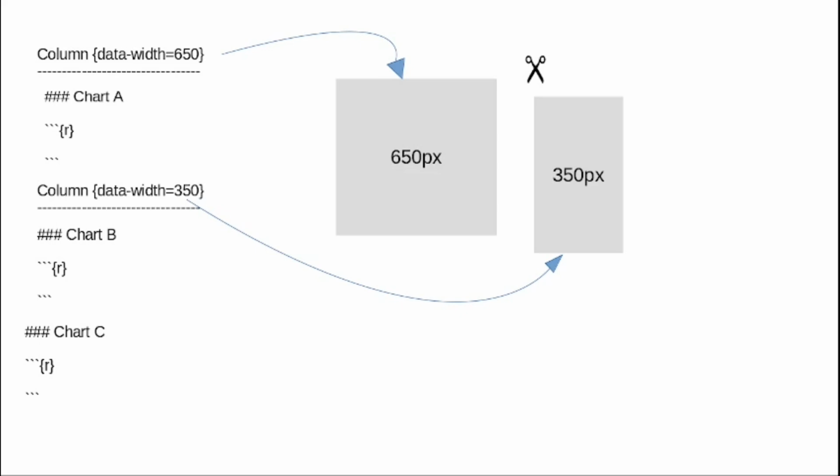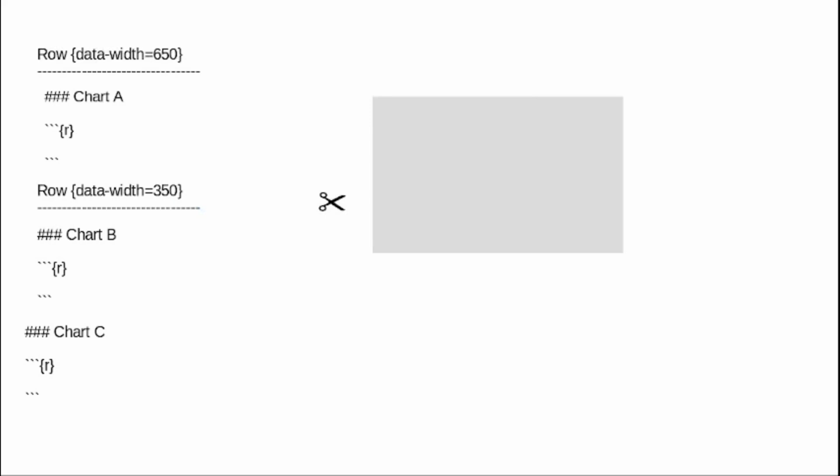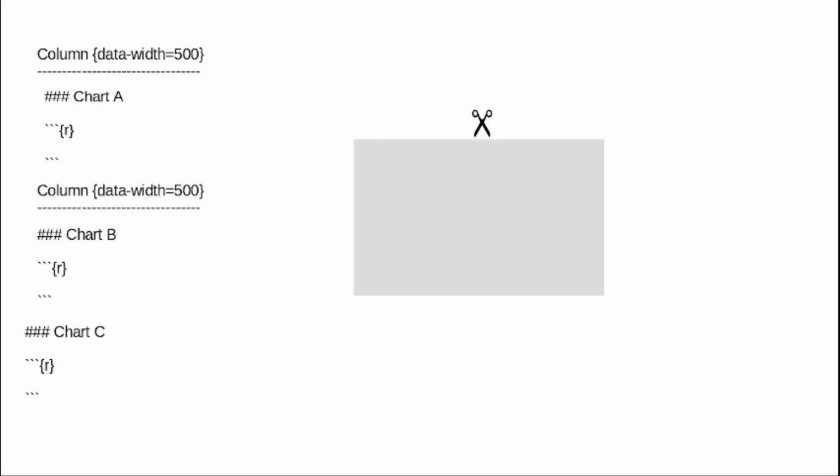Now you just make a diagram using any library, like ggplot2, or if you want an interactive graph, you can use the plotly library. Let's go forward. Suppose you write this command, row, data-width. Now think how you cut the paper from the side. When you cut this paper from the side, it looks like this. Suppose you write one 500 pixel and the other 500 pixel, so it is 50-50. Now you cut the paper from the middle.